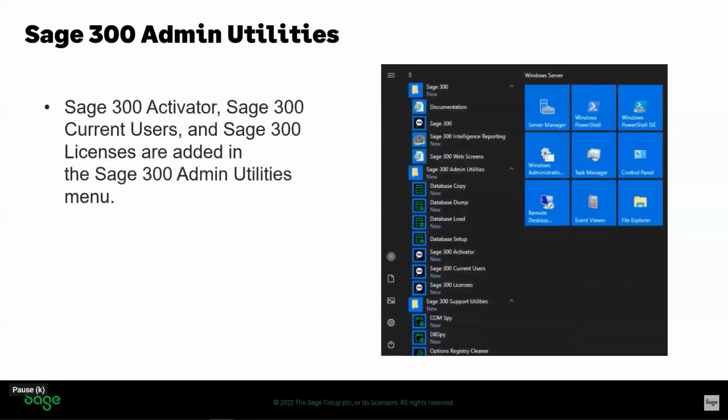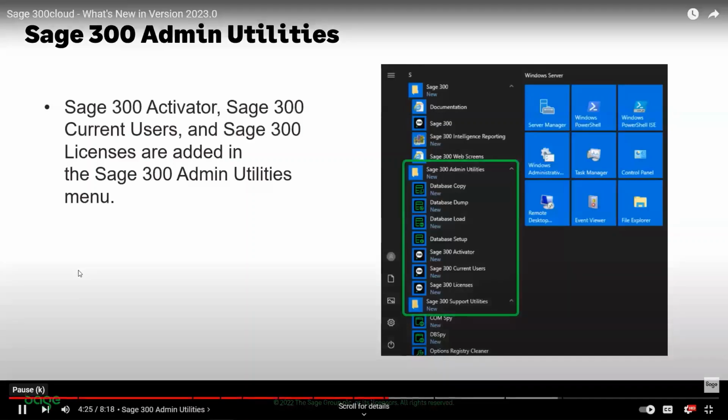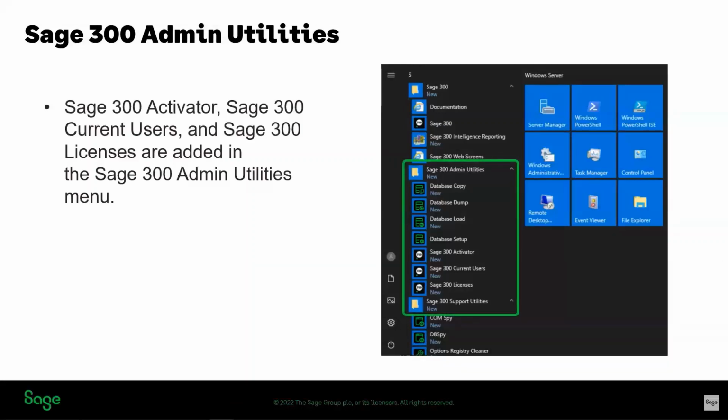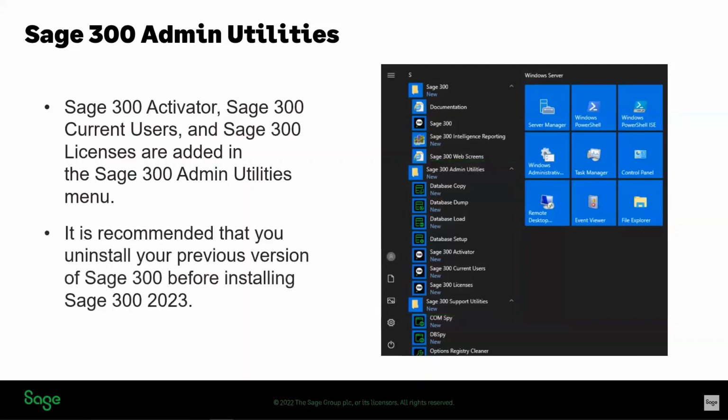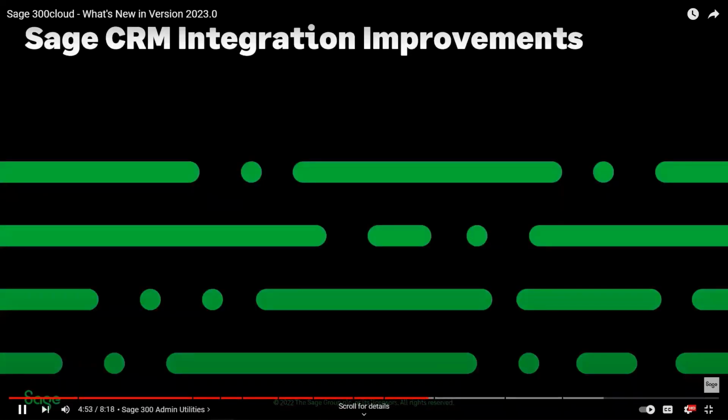We have also added some new items in the Sage 300 Admin Utilities menu so that you can use features like data activation, current users, and license manager without needing to open Sage 300. To get the best experience with the improved Start menu, uninstall your previous version of Sage 300 before installing Sage 300 2023. If you don't do this, the Start menu will show both the old menu and the new menus. Now let's review the Sage